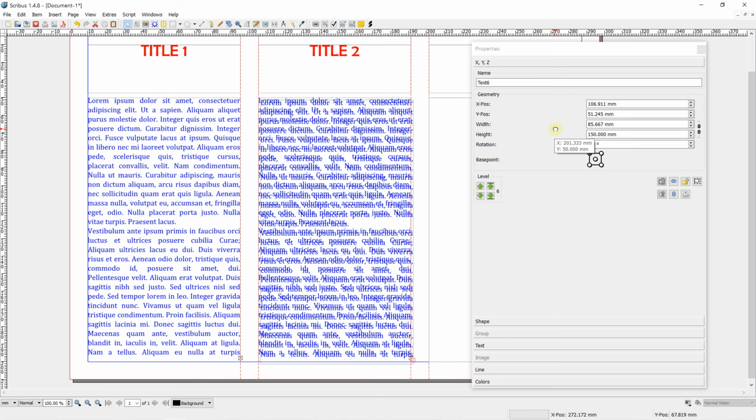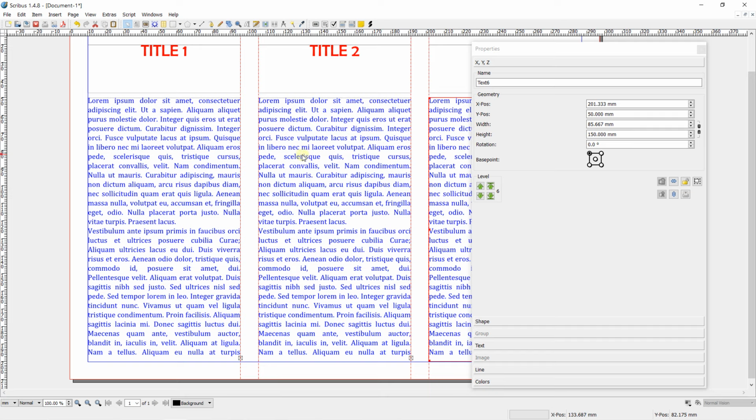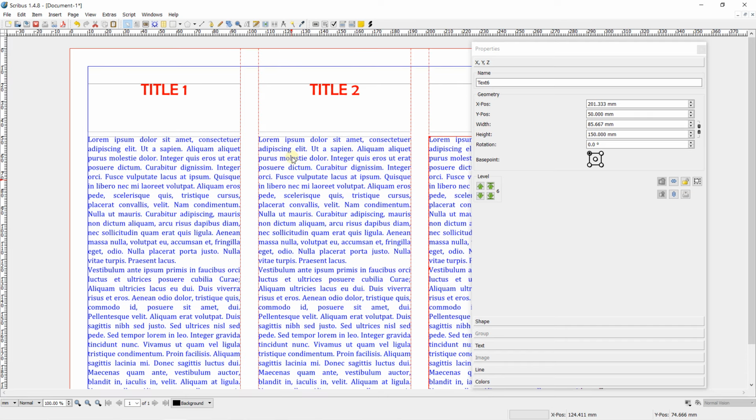Now what is the interest to create this type of thing? The interest is when you have multiple pages with the same type of paragraph, for example, or title, you don't need to edit each text frame. You just need to edit the style. For example, title, I think it's too small and I don't like this style.